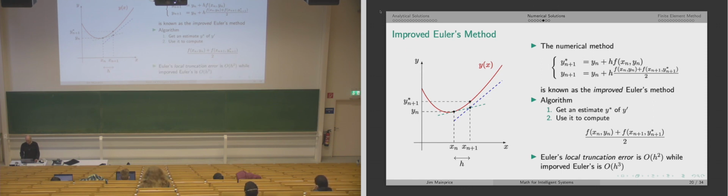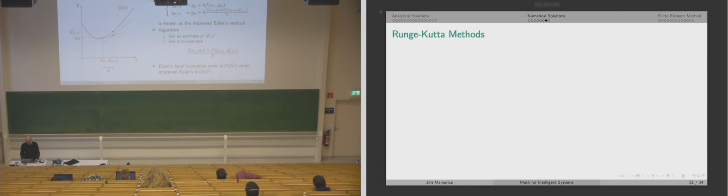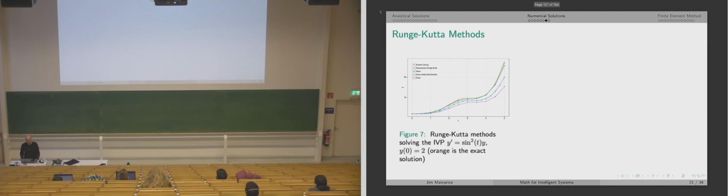So the local truncation error basically scales as h squared with the classic Euler method, but with the improved Euler method, it's h cubed. So that leads us to the Runge-Kutta method, I don't know if I say that correctly, which